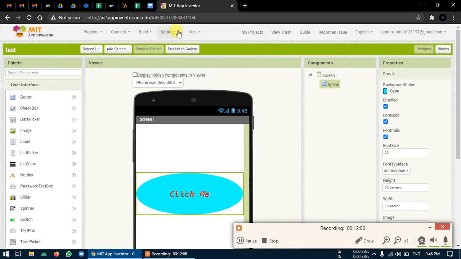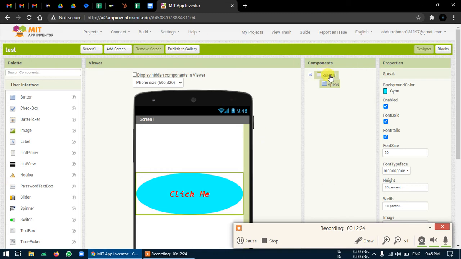Next is settings. You don't have to bother about this right now. Later you can make changes in the settings because that is an advanced section. Okay, so this is done for the designer section.